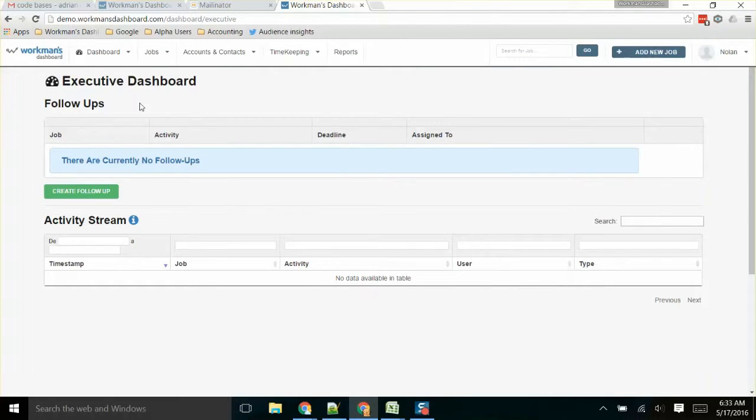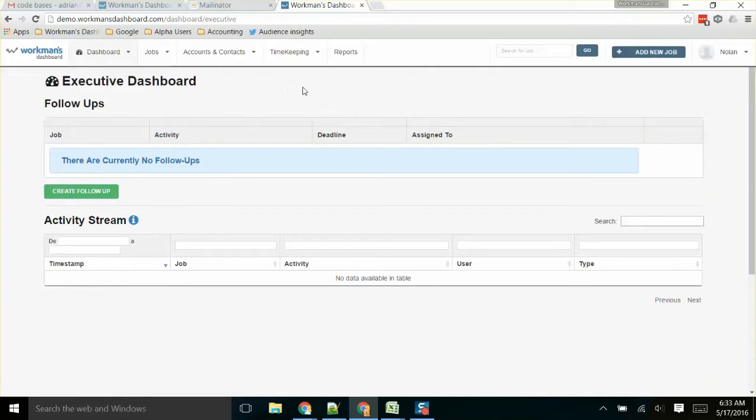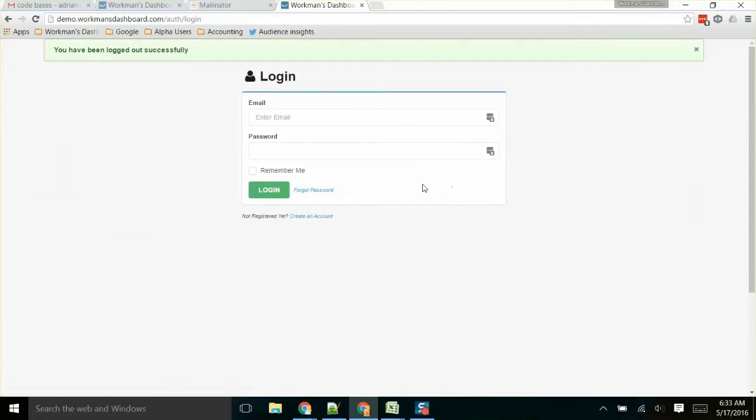We can notice here that this user, Nolan Ryan, has access to the dashboards that we had set up under the roles section. Had we not selected any of these, then these wouldn't appear up here in the dashboard menu. If we now log out of Nolan Ryan and go back to our login screen,